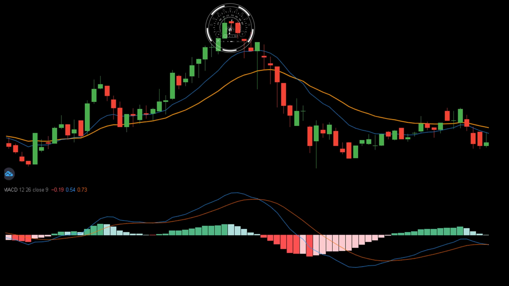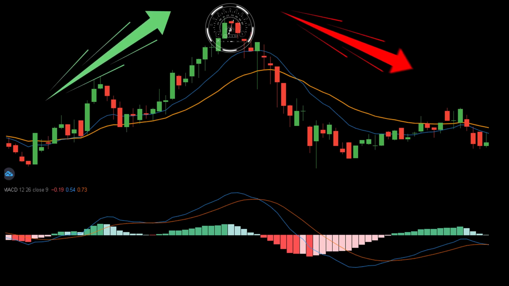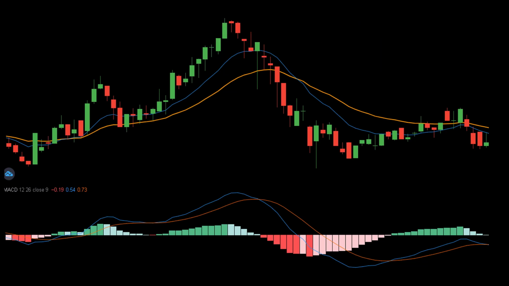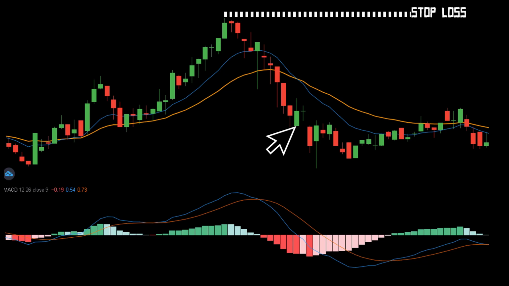Here's a trend reversal, where price shifts from an uptrend to a downtrend. The EMA crossover happens right here, so your entry would be on this candle. But as you can see, price had already dropped a considerable distance before this crossover occurred. That means your ideal stop loss would need to go above this recent high, and that's quite a wide stop.